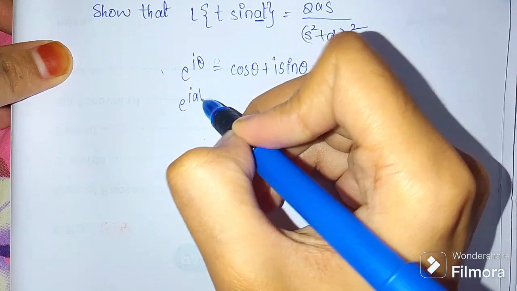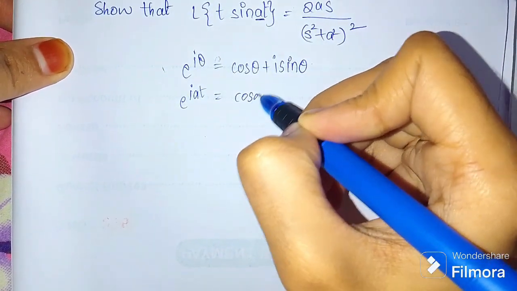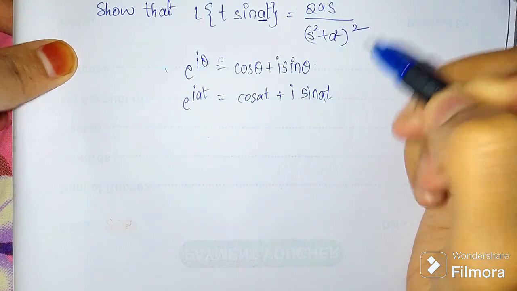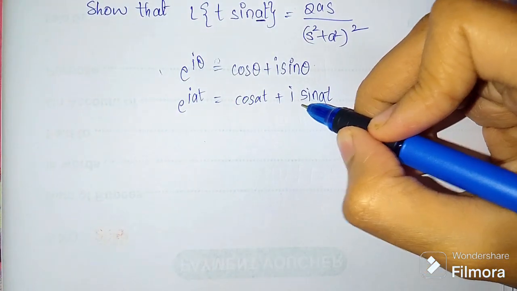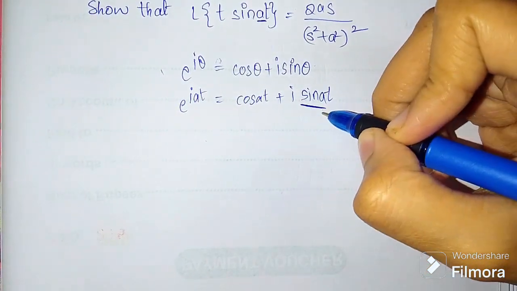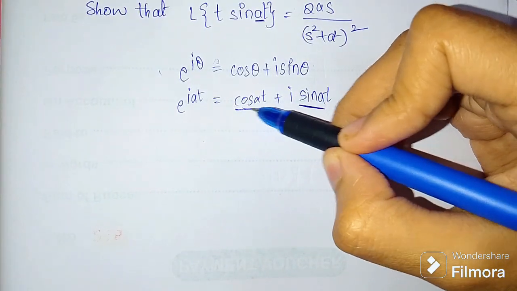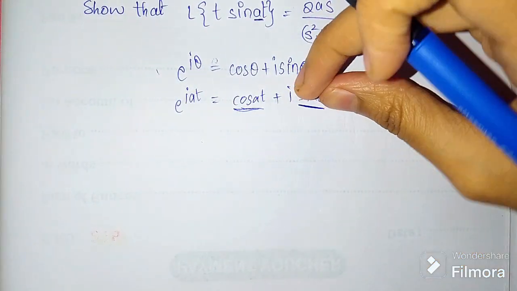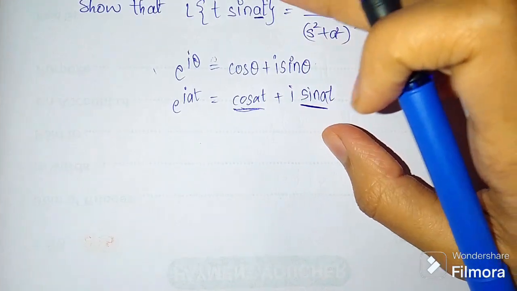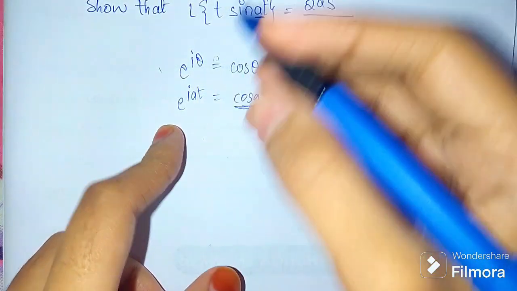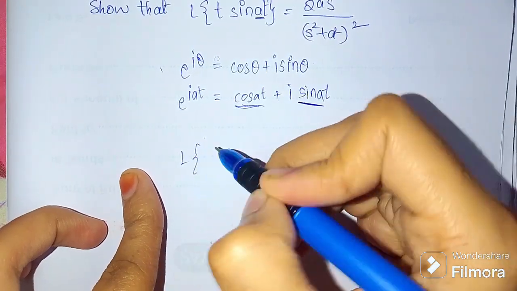e power i a t is cos at plus i sin at, right? So here, sin at is called the imaginary part, and cos at is called the real part. So instead of this imaginary part of e power i a t, I will write my question like this: Laplace of t into